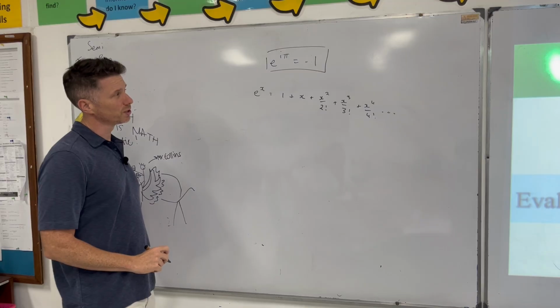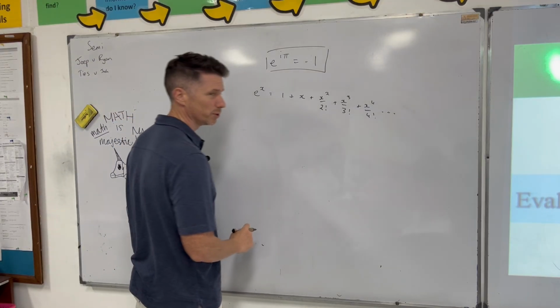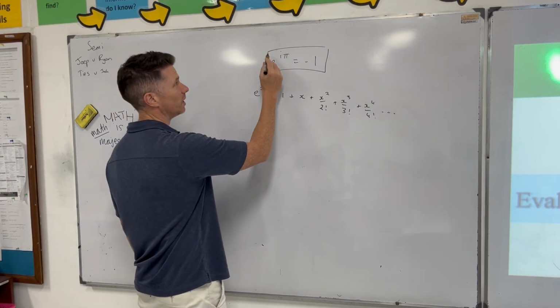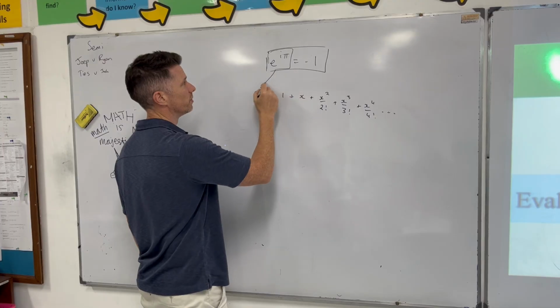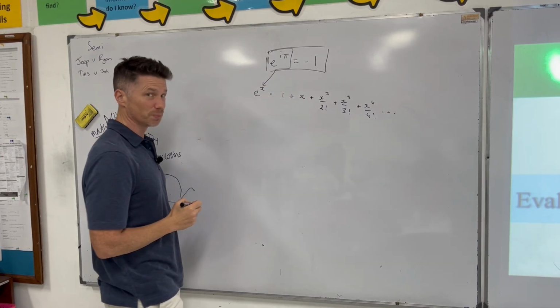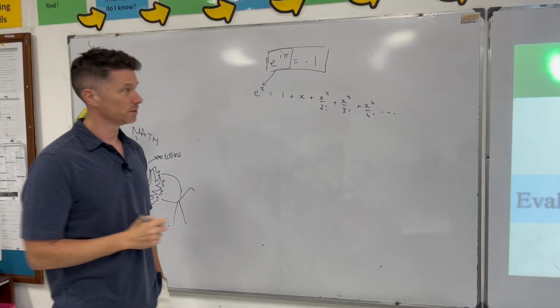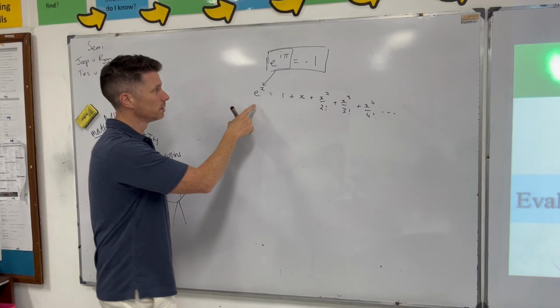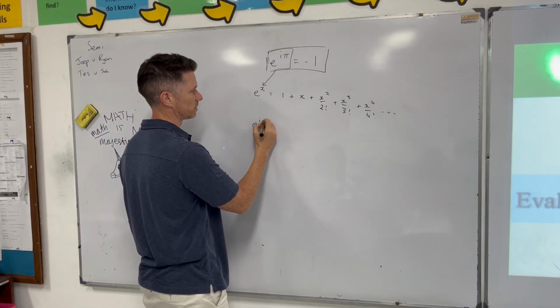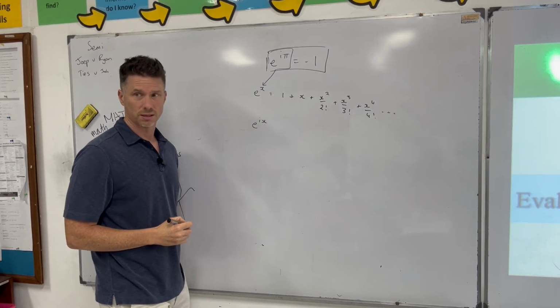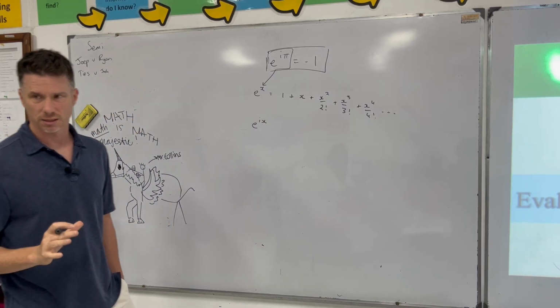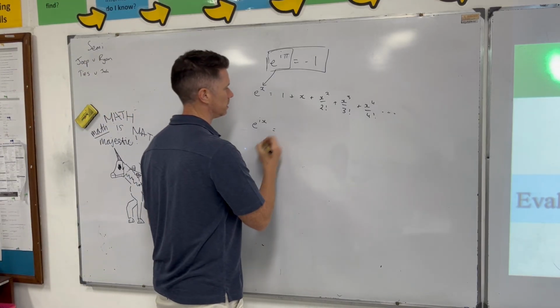What do you think I'm going to sub in or multiply it by? I want to make it look like this part. So I'm going to multiply the x by i next. Does that make sense? So I'm going to go e to the ix first, and then I'll do the pi at the end. e to the ix